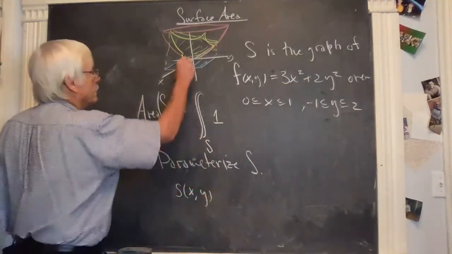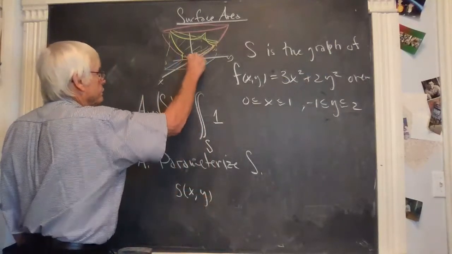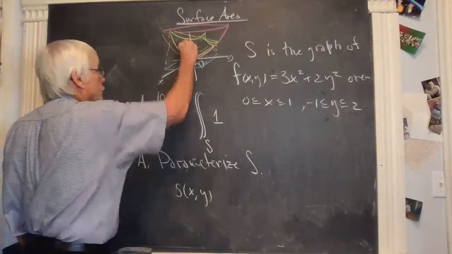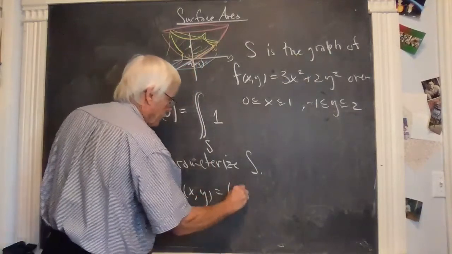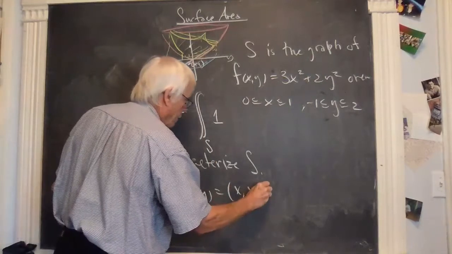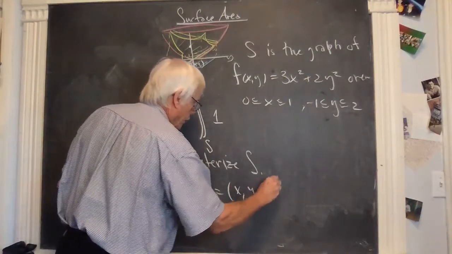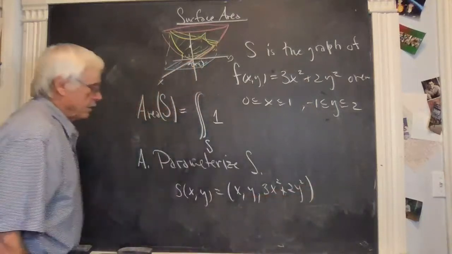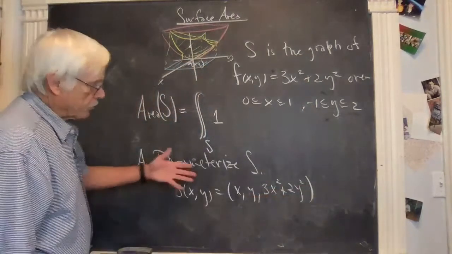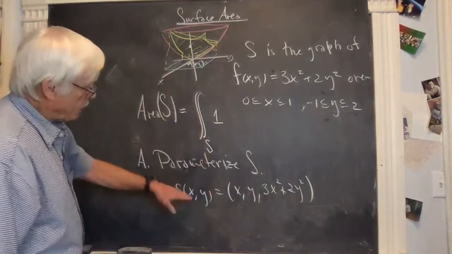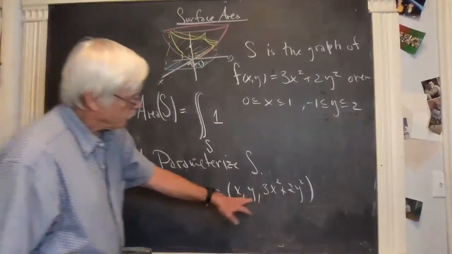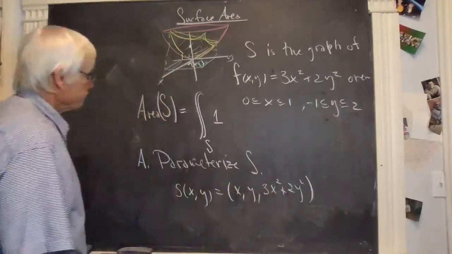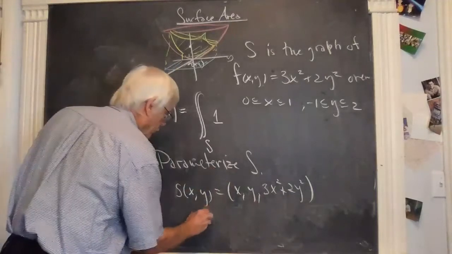So if xy is down here in the base, a point above it on the surface is the point x, y, and then 3x squared plus 2y squared. And so this is the function that controls it, mapping a 2-dimensional region into 3 space,